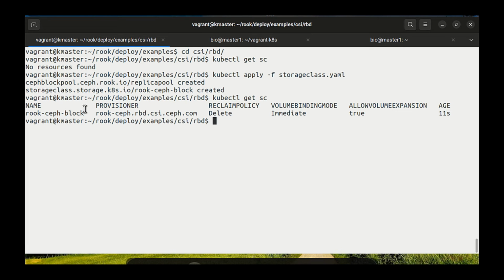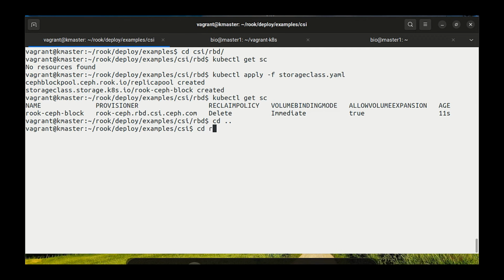Now we go for another one called CephFS, the Ceph file system. The difference is that with this storage class, whatever volume is created is exclusively mounted to only one pod, so we also call it ReadWriteOnce, RWO. With CephFS, the other storage class we can create provisions volumes that can be mounted to multiple pods. So it falls under the category of ReadWriteMany. Now we're going to create another storage class.